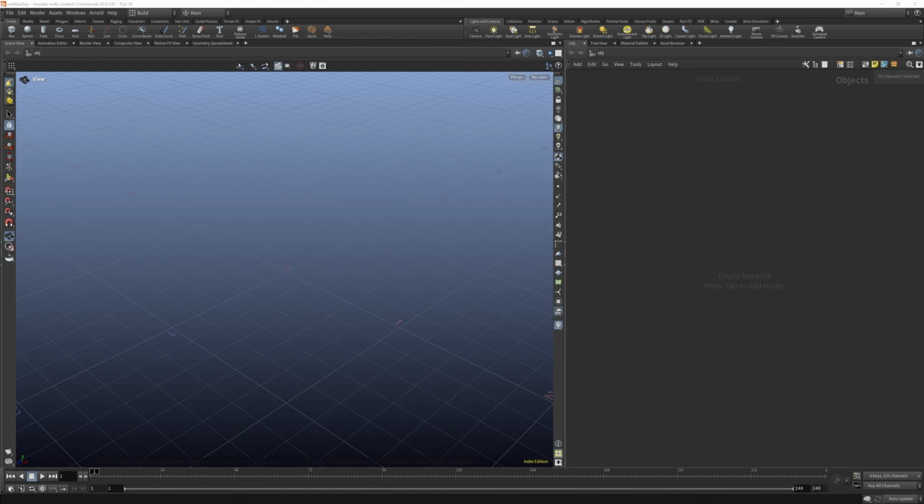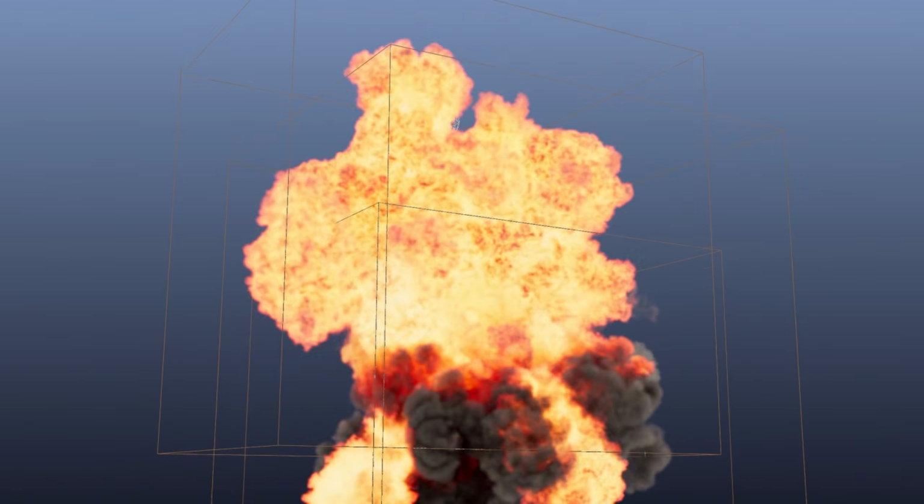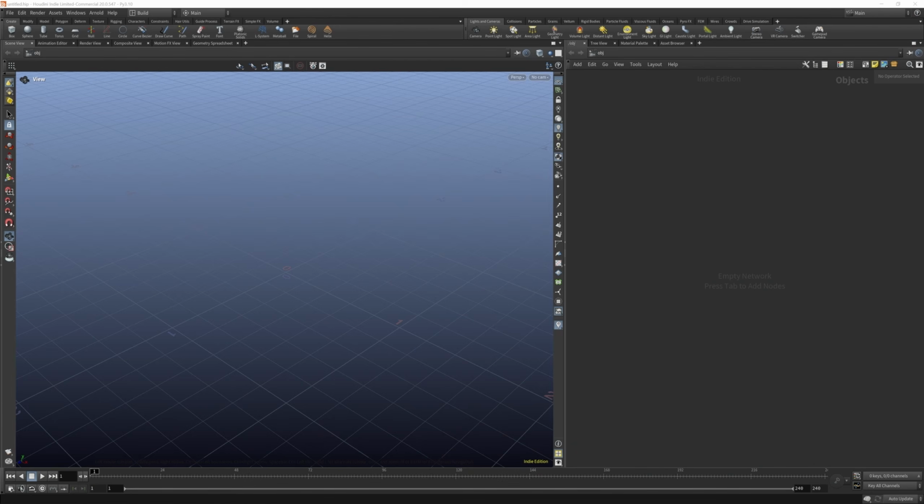My name's Andrew Sutherland and today we're going to be creating this air balloon explosion. And this is of course comprised of a few things. We've got some rigid bodies, we've got some vellum, and we've got some pyro. So we're going to go through each one of these. And before we jump into the final project, I thought I'd just do a quick technical overview of the vellum